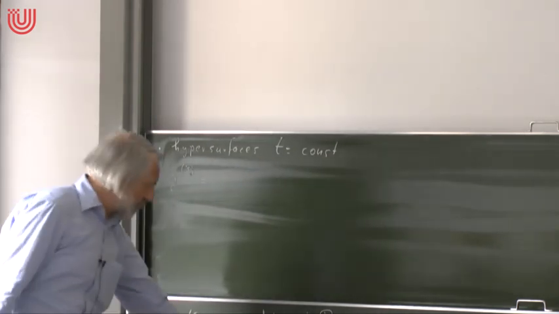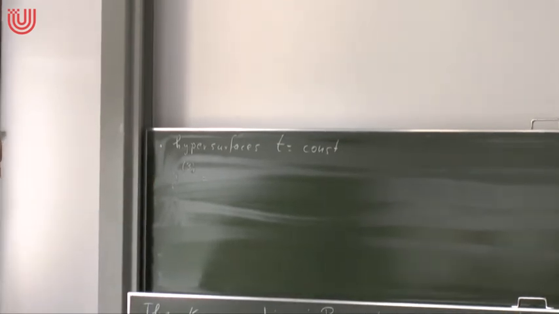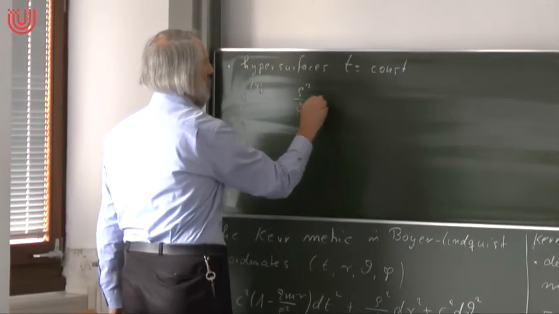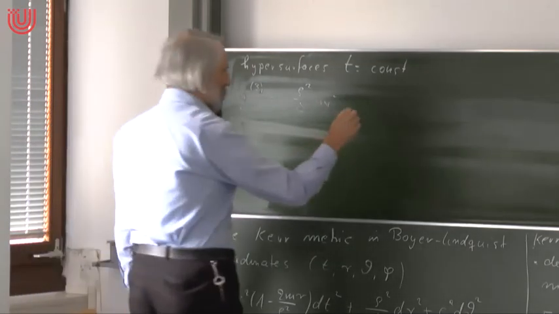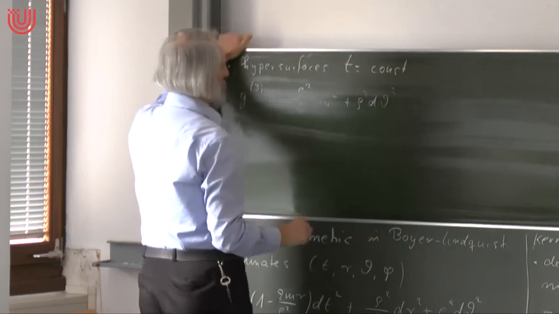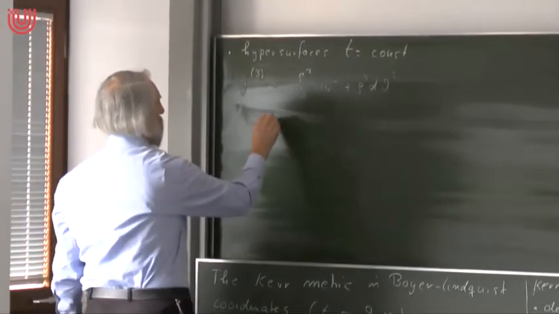The first term with the dt squared is gone, and the mixed term with dt d phi is gone. And the rest is just rho squared over delta dr squared plus rho squared d theta squared plus sine squared theta